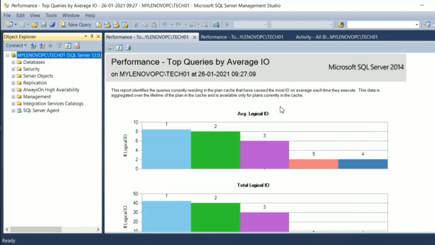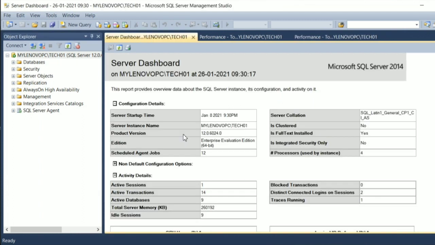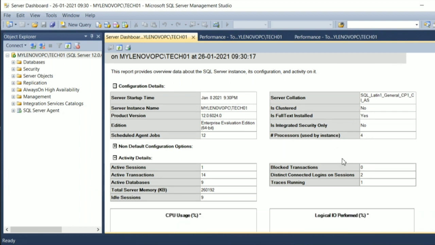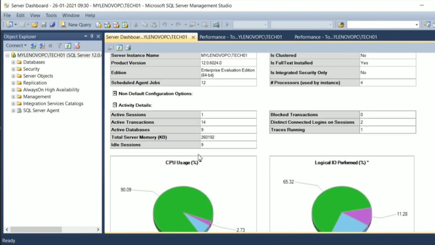The server dashboard, which is a kind of instance monitoring report, gives you the exact information of a particular instance: the server startup time, your instance name, the product version, edition, the agent job details, and server collation. So it's all about your SQL instance, the active transactions and all.